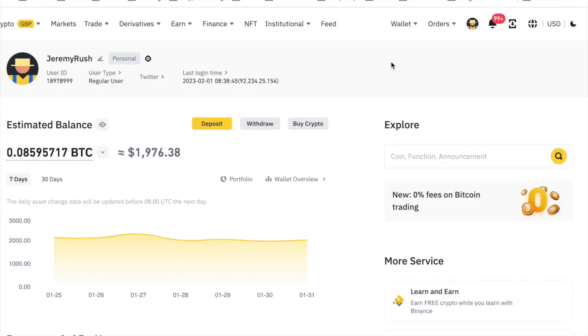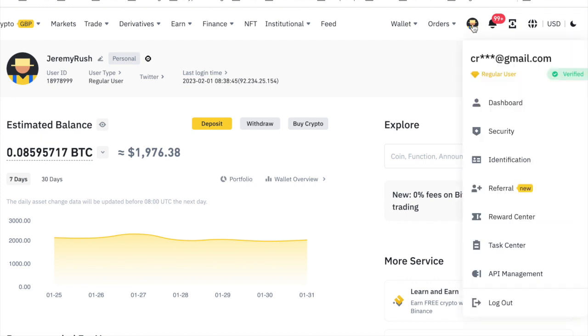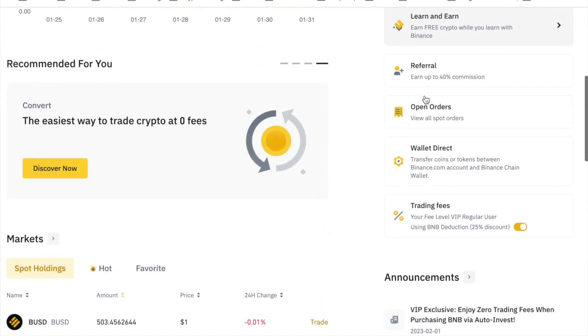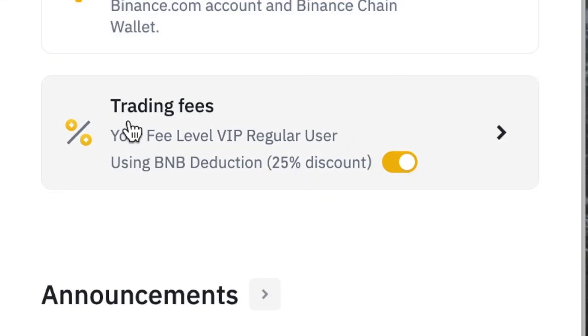So sign into your Binance account, and then what you want to do is come to the dashboard. And to get there, you go to that little head and come down to dashboard. And then if you scroll down the screen, at the bottom here on the right hand side, you'll see it says trading fees. Now, if you use BNB as the trading fees, you get a 25% discount on the actual